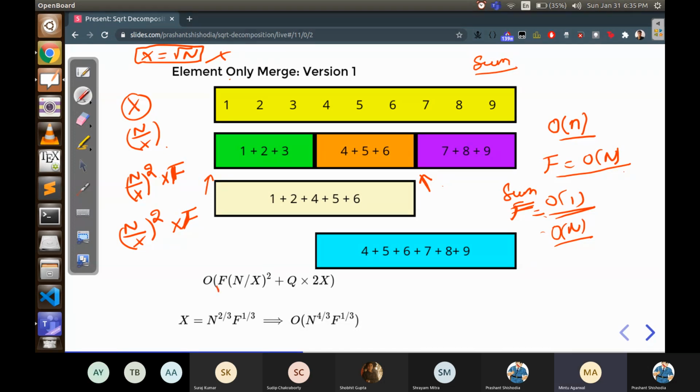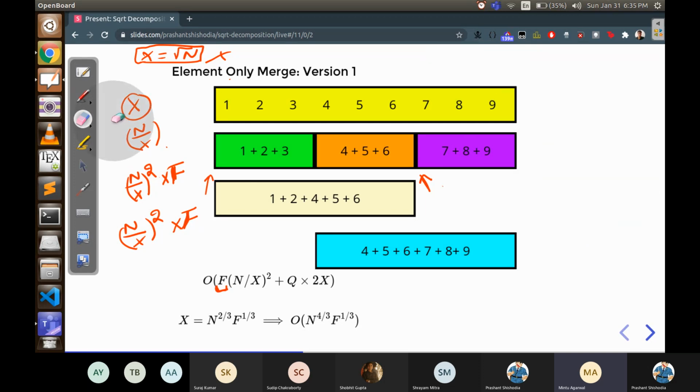So for the case of inversions, what will it be like? In the case of inversions, what we will have to store is a segment tree that will take O(n), f is equal to O(n), and the number of inversions, that is O(n). So it will be O(n) overall.